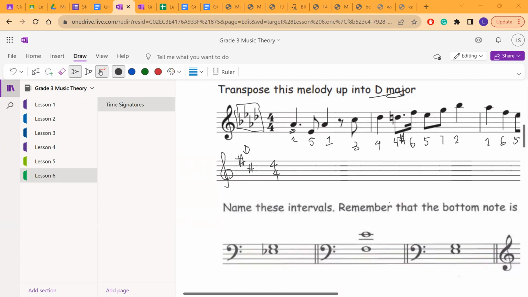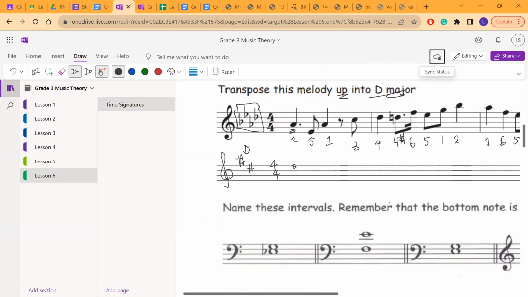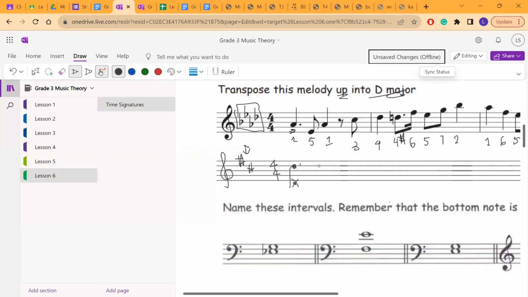Okay, now it says the transpose is up, so we have to start up here, not down here. When it tells you to transpose this melody up, you have to go up the octave. That's what it means. Keeping all the note durations the same, we simply